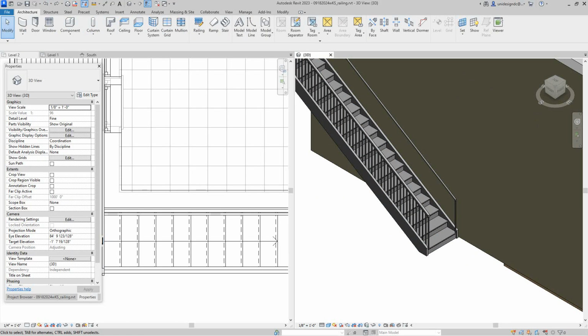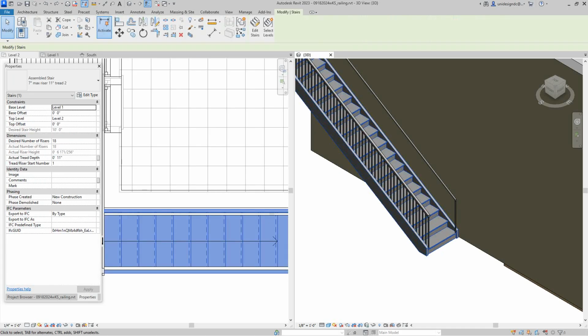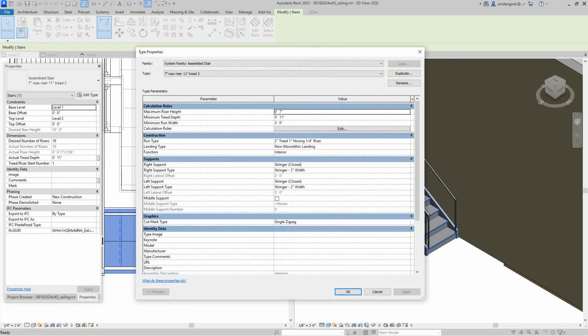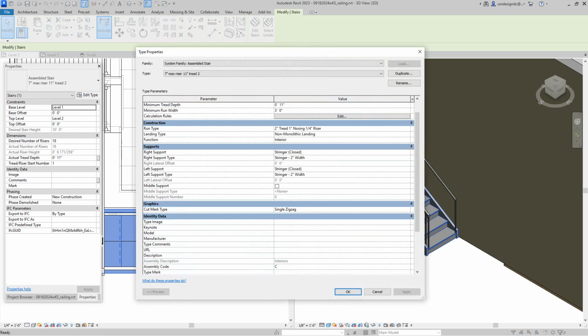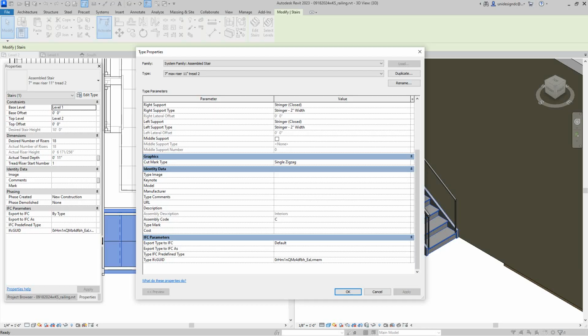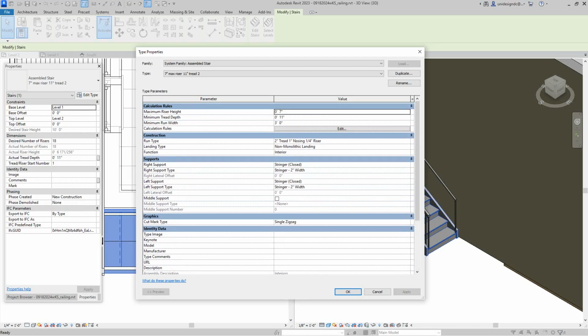Then I want to grab the entire stair again, and we're going to look at materials. Identity mark construction. So I guess that's here as well. I didn't see it before. So edit type. I want to change my stairs to wood. Anybody see it? Well, I don't. But anyway,